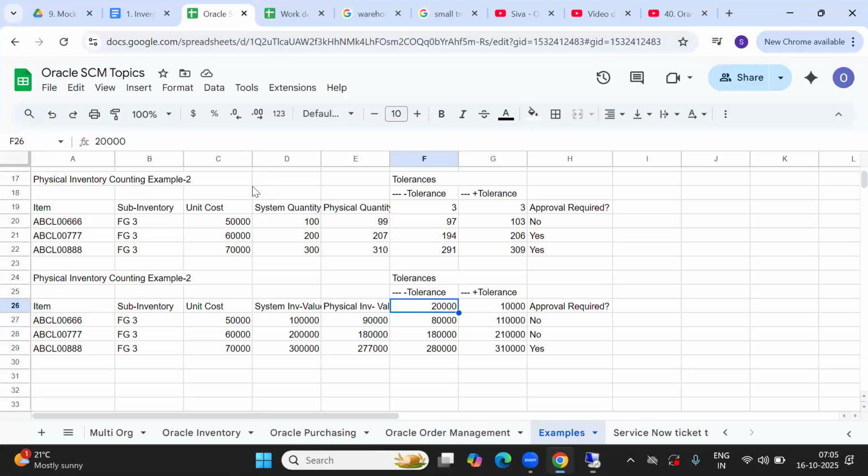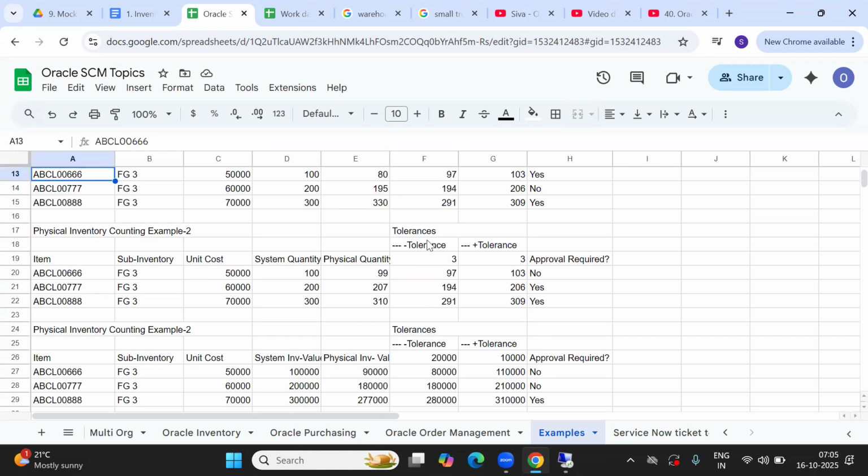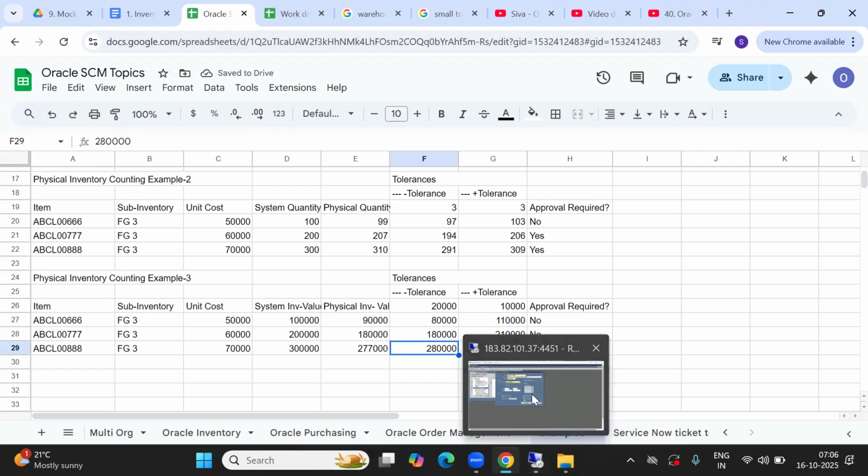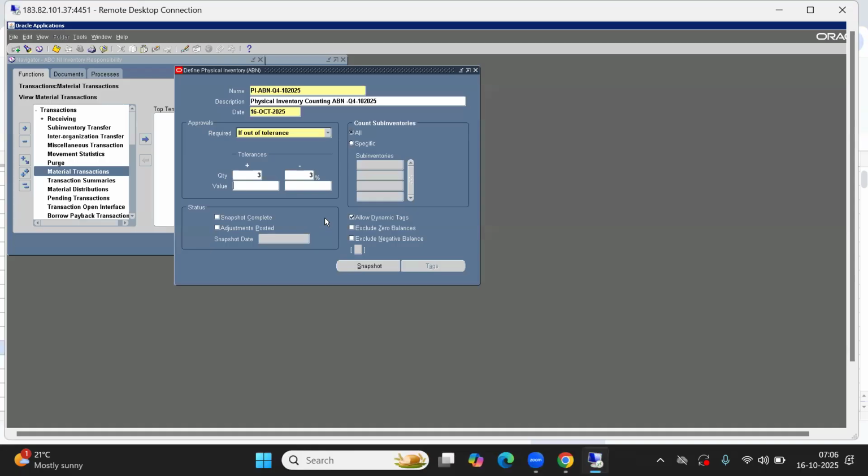Now you understood both examples, right? We go with quantity tolerance and value tolerance. Both are understood, right? If everyone understood, then we can go and discuss example 3. Okay, fine, let's go to the application. Just give us some answer, whether you understood or not, we can discuss, not an issue. The course may be delayed by maybe 1 week or 2 weeks, that is okay for me.